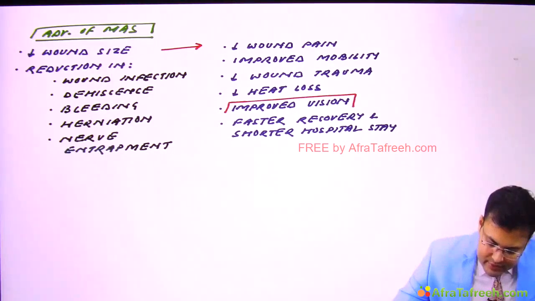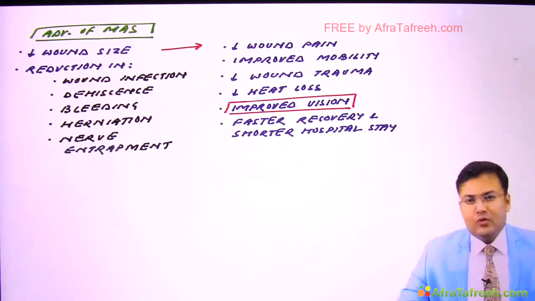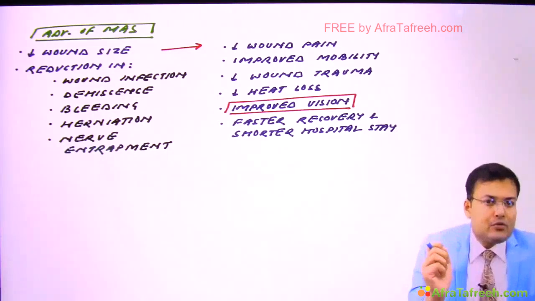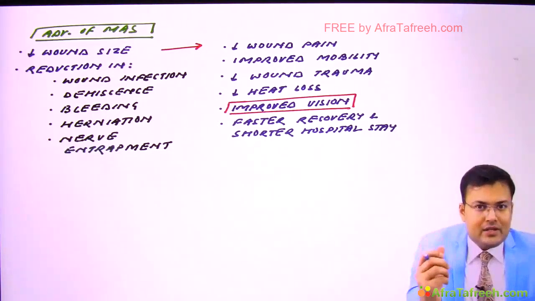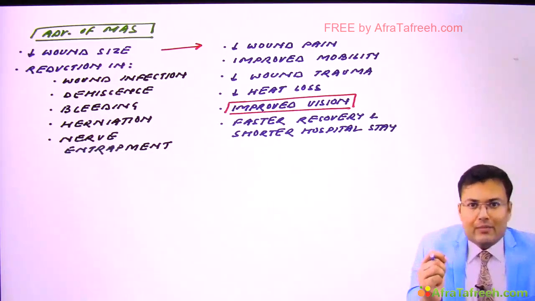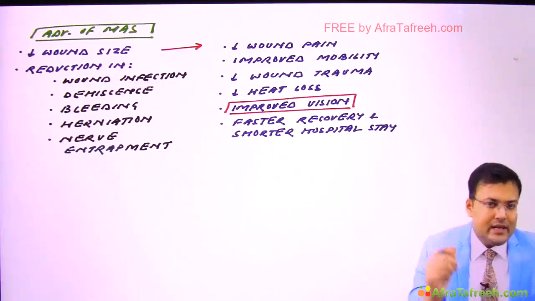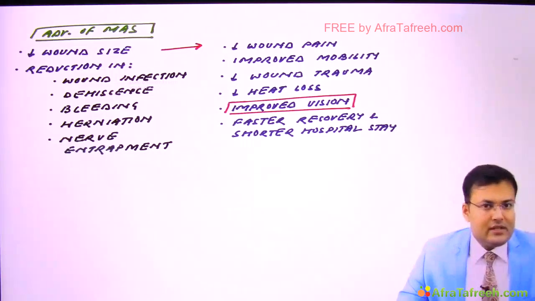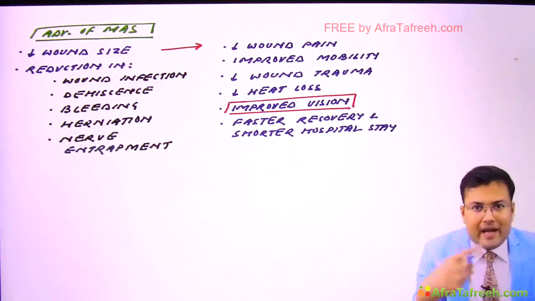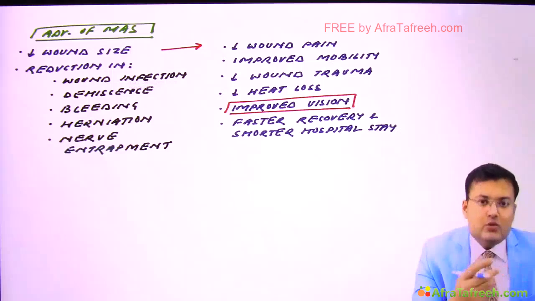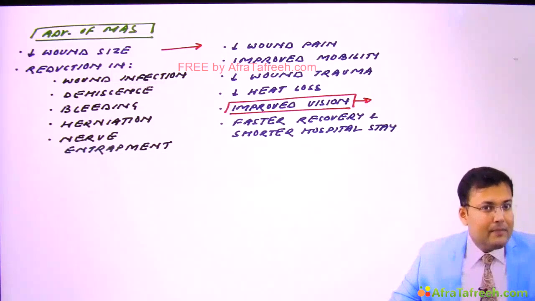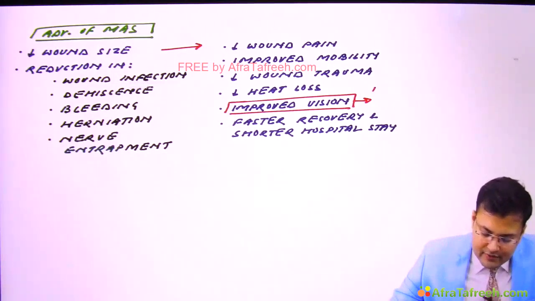Most of the students are confused that sir, how in laparoscopy or in minimal access surgery there is improved vision. So see, we use laparoscope and it is having magnification. So the thing which appears smaller is magnified during laparoscopy or during minimal access surgery. Second, imagine you are doing some esophageal surgery. It's very difficult to visualize esophagus in open surgery. But your camera can reach up to the esophagus and you can visualize it. So that's why there is improved vision in minimal access surgery because of magnification.